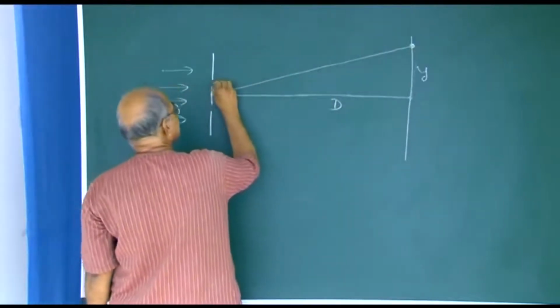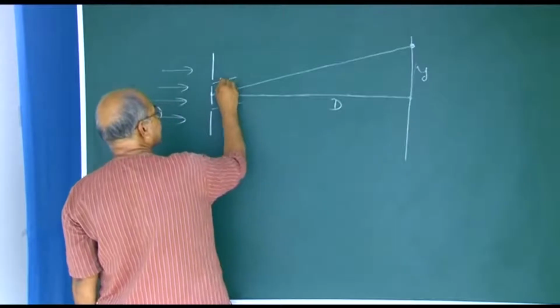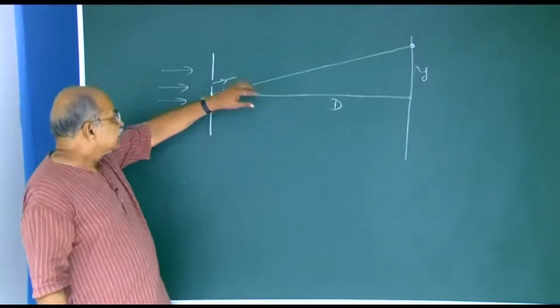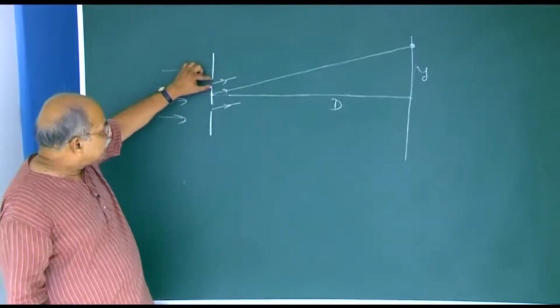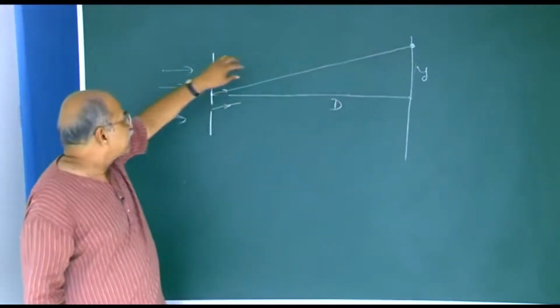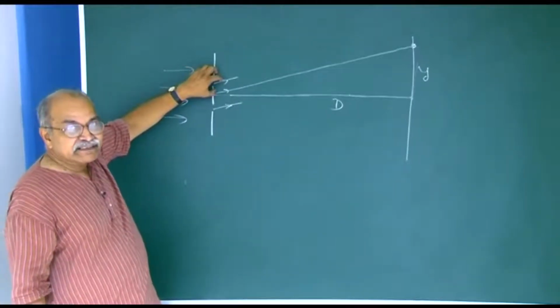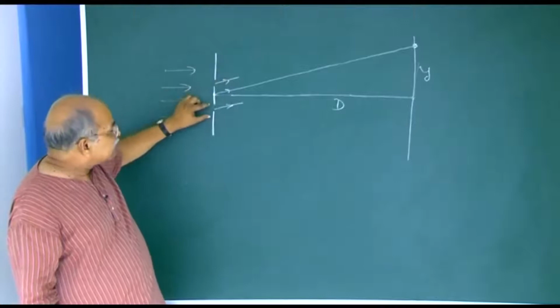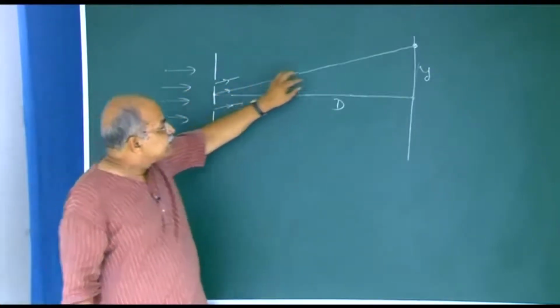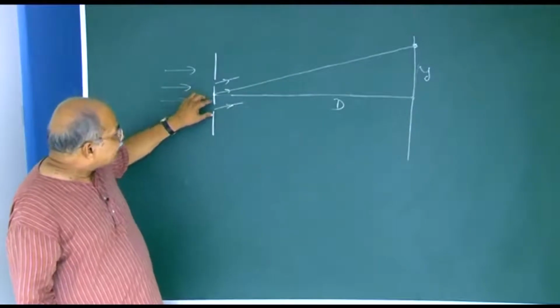So from here light is going, from here light is going and reaching there. So from this slit, how much light is reaching here? That will be governed by the diffraction pattern created by this slit. And similarly, from the other slit, how much light is reaching this point will be dependent on the diffraction pattern